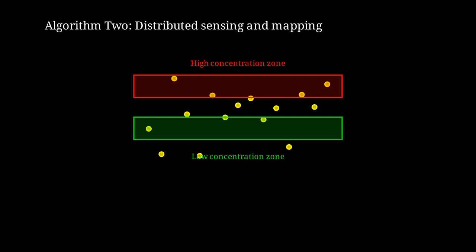Nanorobots distributed through tissue each measure local conditions. By sharing measurements, they reconstruct a concentration map, identifying regions of interest like hypoxic tumor zones. Cooperative transport: multiple nanorobots coordinate to move cargo too large for a single unit. This requires force coordination and distributed control, similar to ant cooperative transport.